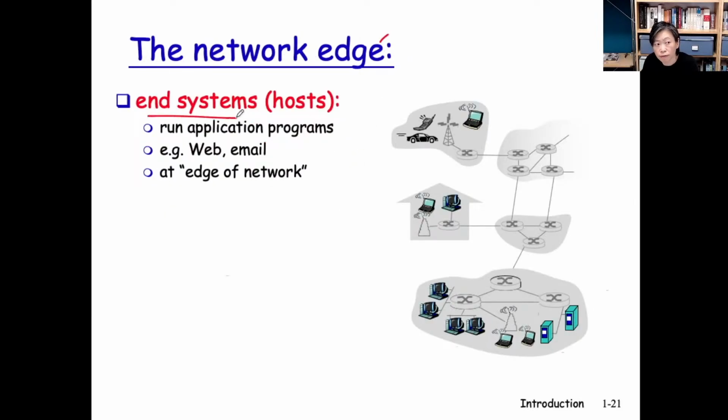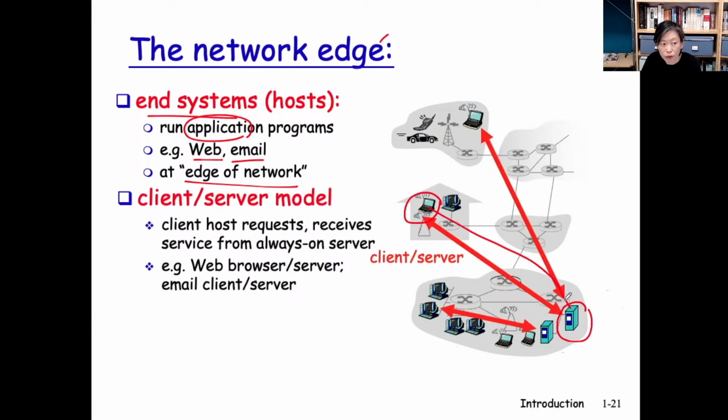So essentially we have lots of these end systems running applications at the edge. Two very dominant examples, web and email. For example, this guy here, a laptop, this guy here, a server, okay? Usually servers are higher-end machines having more computation power or a higher amount of storage. So a web browser will be talking to a web server requesting a web page. Okay, so that is called the client-server model application, where the client requests services and receives services from the server.